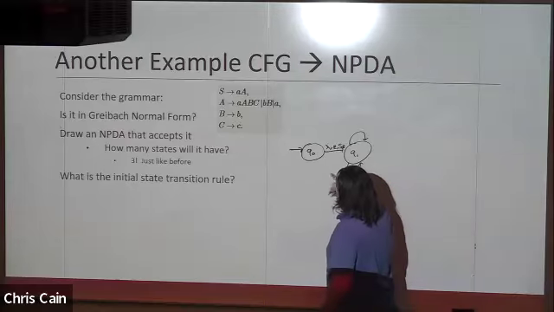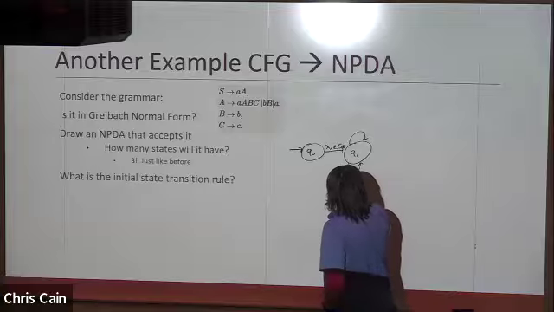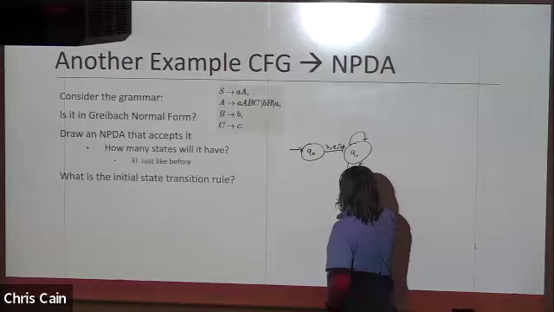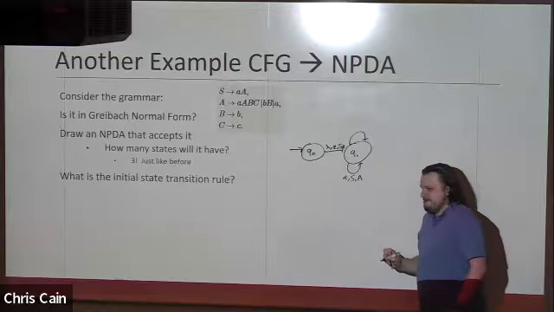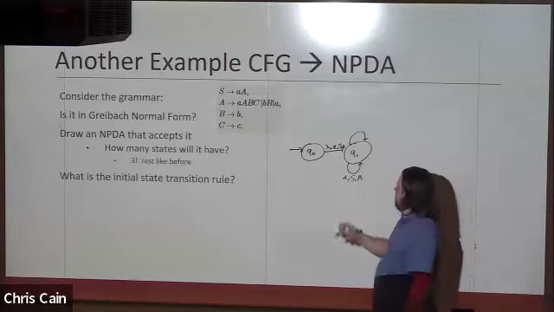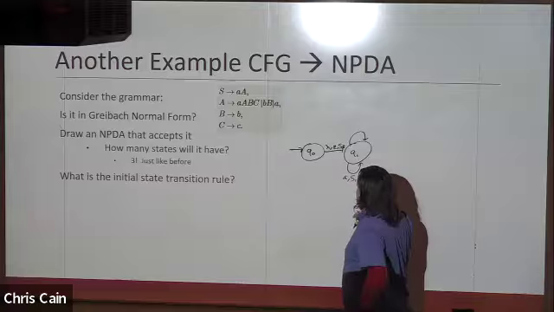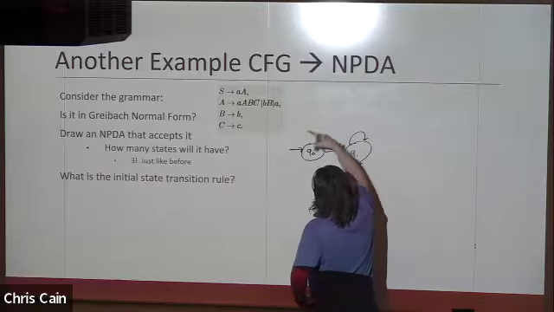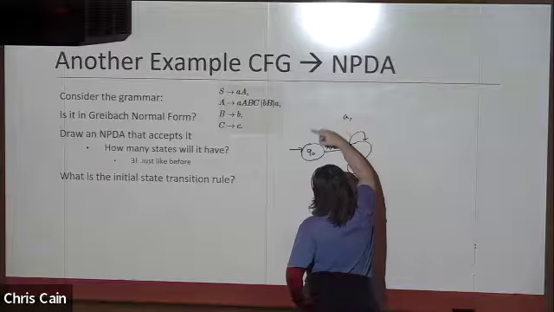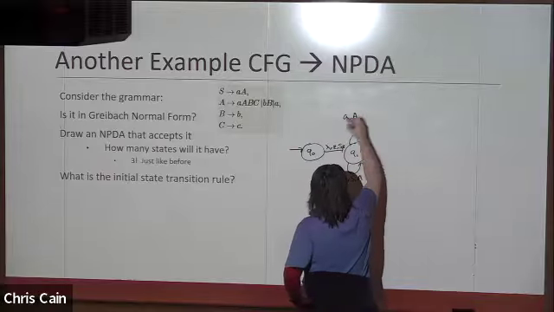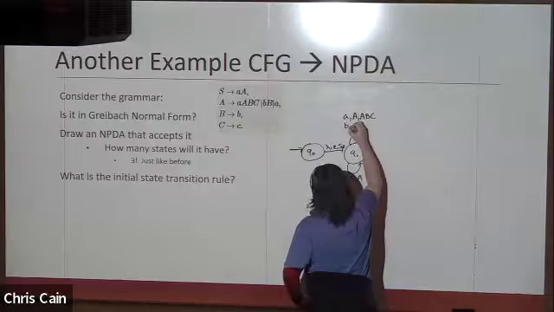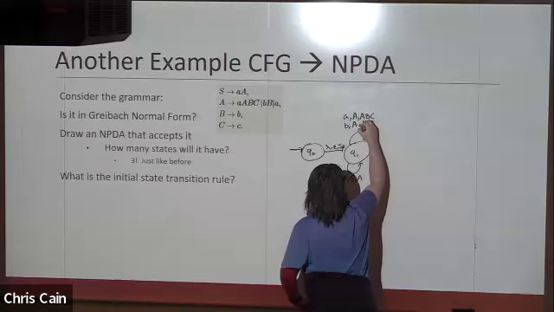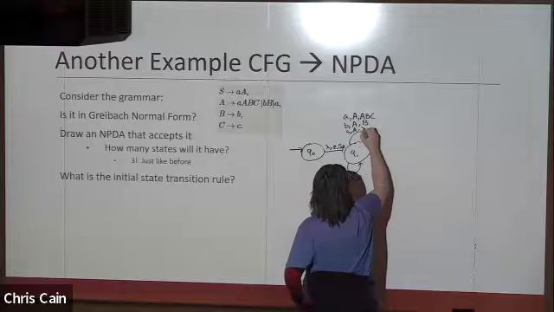So the first one is going to read an A. We'll start down here. Pop the left-hand side, which is an S, and push the right-hand side non-terminals, which is an A. Next one, let's do all of the A's up here to keep them together. We can read an A, pop a capital A, and push a capital A, B, C. We could read a B, pop the A, push the capital B. We could read an A, pop a capital A, and push nothing.